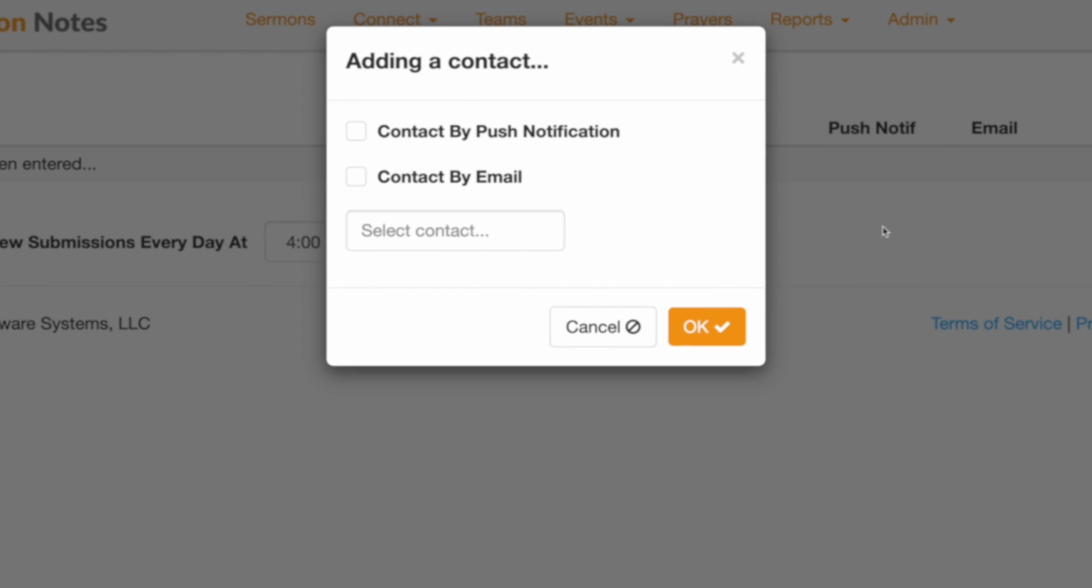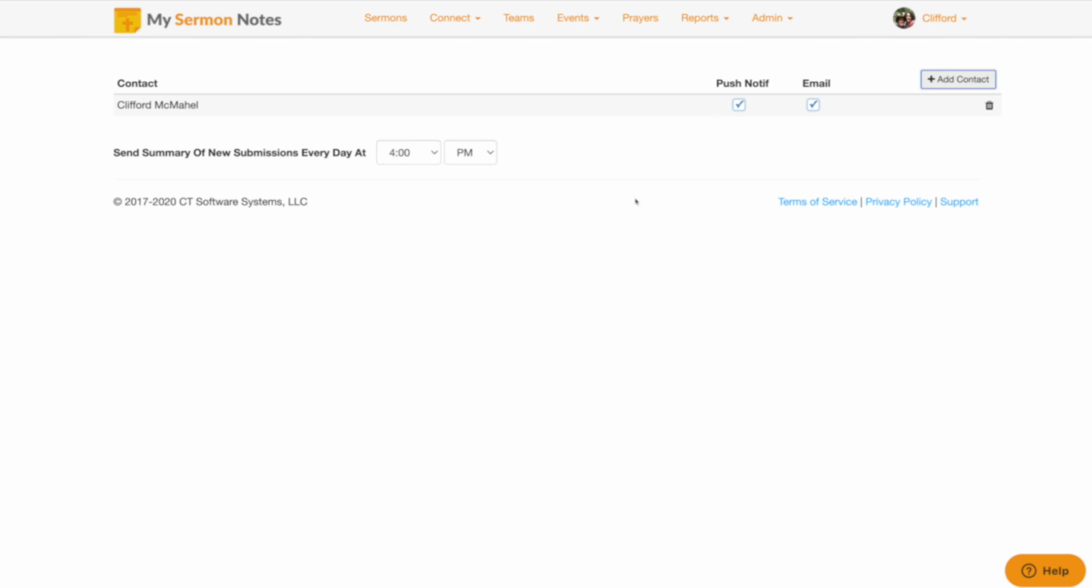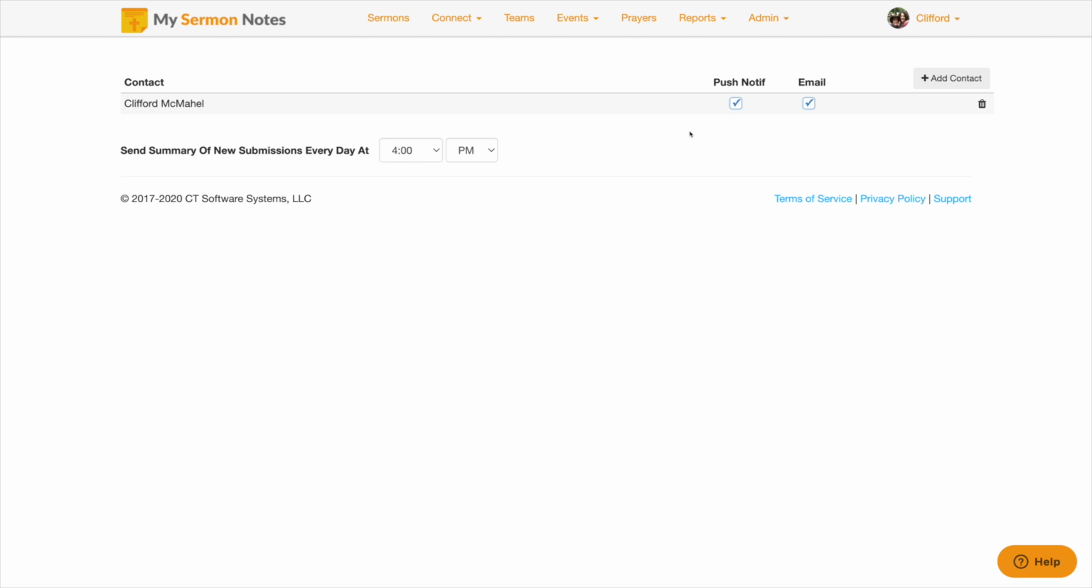Click Add Contact, and this is going to be anyone in the church, really, that you could give these connection card alerts to. So I'm going to choose to add push notification and email, and I'm going to add Clifford McMail. So when I start typing my name for the staff member or the member in the church, it will populate the options right here. So I'm just going to click Clifford and select OK. And now Clifford will be notified with a push notification on the app as well as an email whenever new